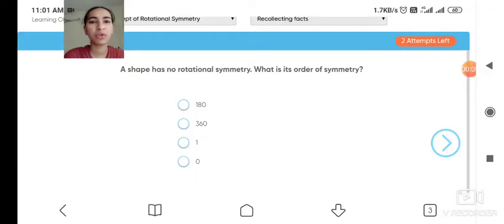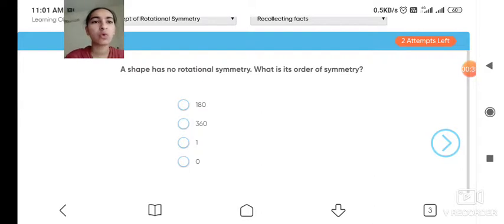Yes, in the previous video, we took a revision of the symmetry chapter. In that, we covered the line of symmetry. In today's video, I am continuing with the symmetry chapter, but the topic is rotational symmetry and order of symmetry. Okay, now you can see the question on the screen.